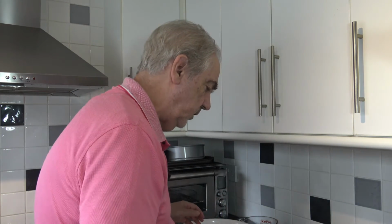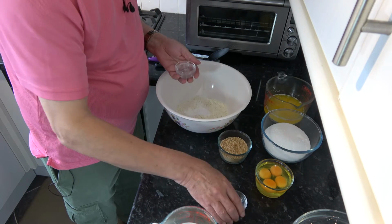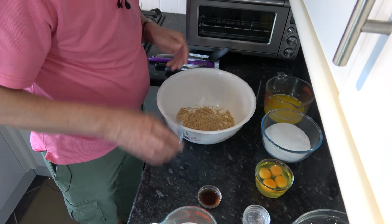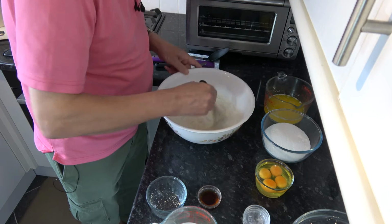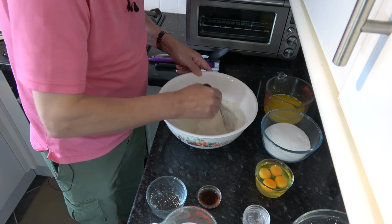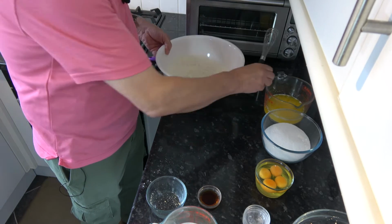So the first thing I'm going to do is to put the baking powder, baking soda and salt together with the ground hazelnuts into the flour, and I'm going to just whisk those round to get them mixed into each other. And the hazelnuts smell wonderful already. But I'll set that aside for a moment,